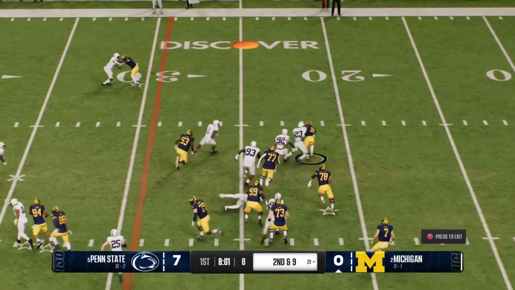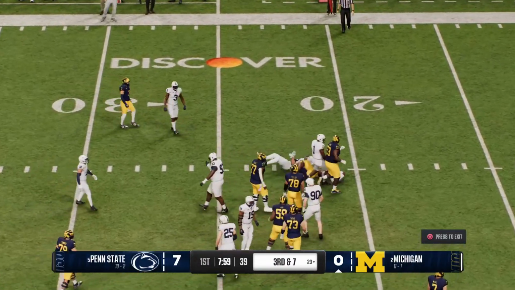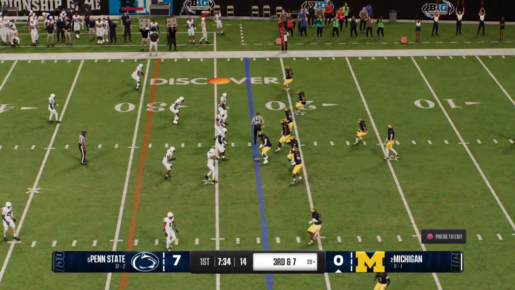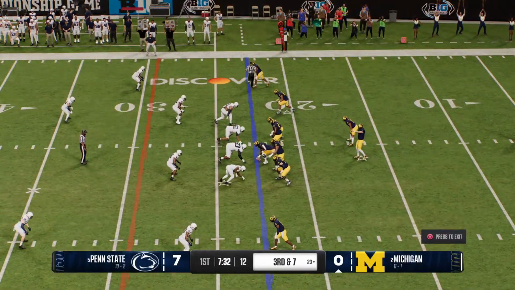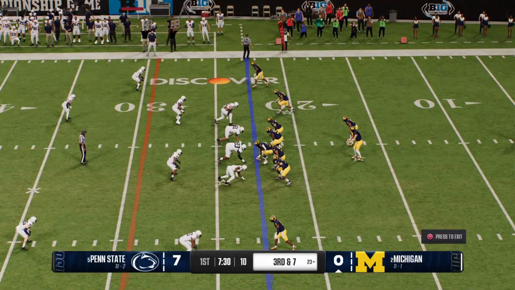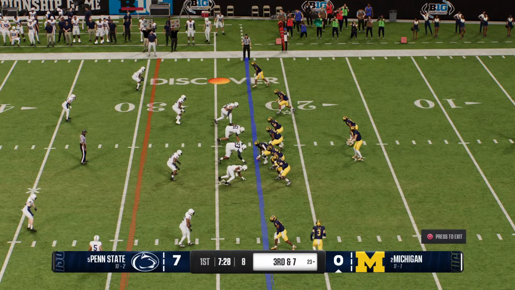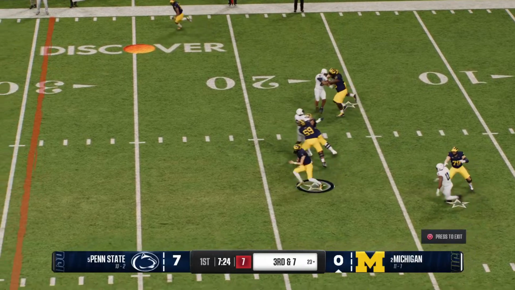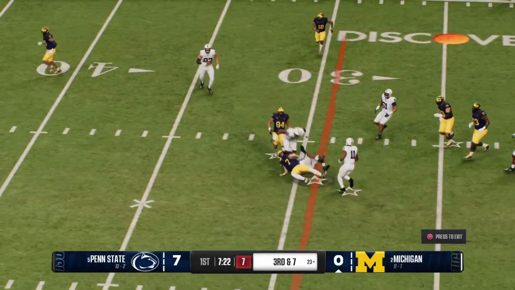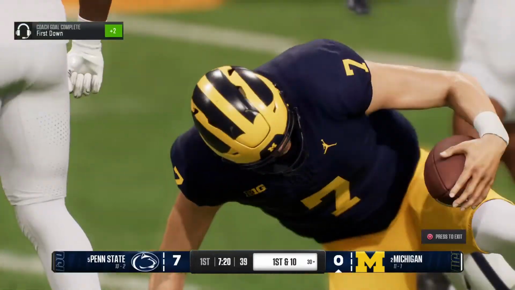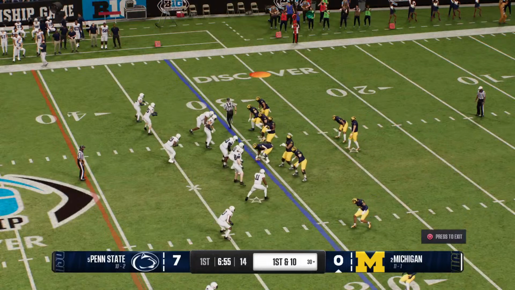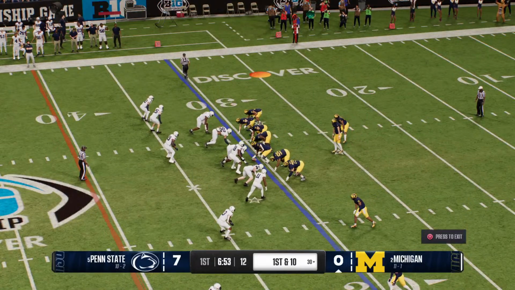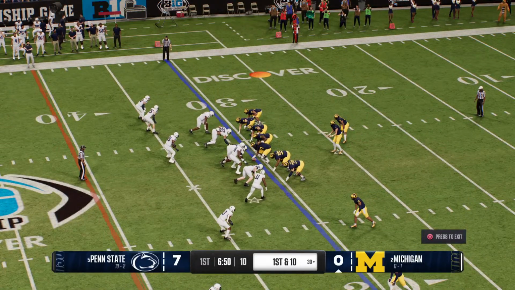From the shotgun, handoff inside. That's a nice tackle there by the senior. They come to the line, a long way to go for the first down, but needing this crucial conversion right now. Drops back, looking to throw for it on third down. Quarterback escapes the pocket. The defense gets him, but it's a first down. Shows you how dangerous he can be scrambling. The Wolverines come to the line to start a fresh set of downs.